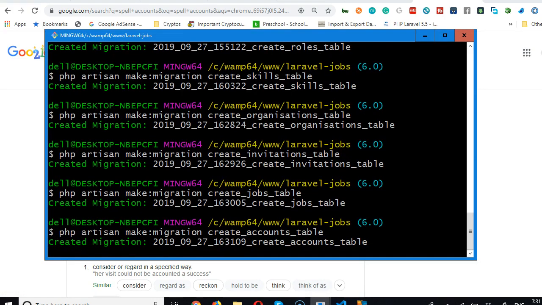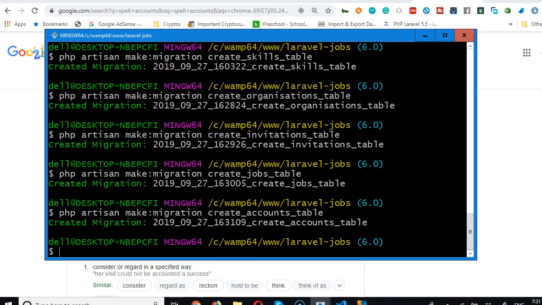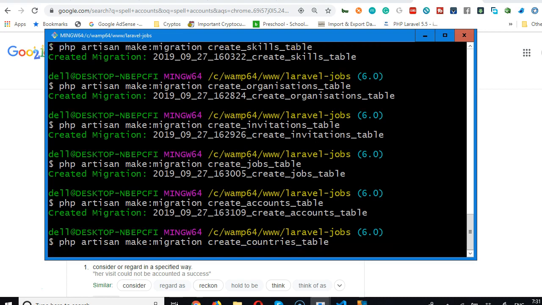Now I remember that we didn't initially want to create a countries table because we want to reduce the volume of work we have. But since payments are supposed to be tied to currencies, and currencies are tied to countries, you see. So it's good that we create a countries table that will have country code and payment, that is a currency of the country should be tied to the same table. So just for the betterment of our code, I'll create countries table that we're going to use in future,